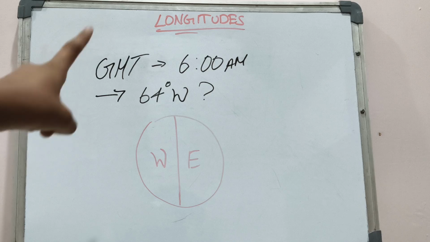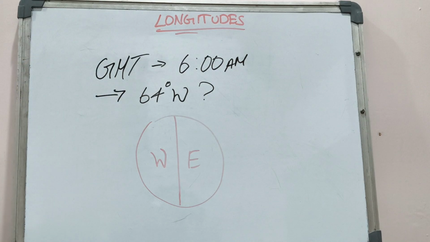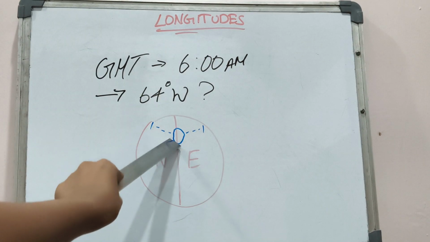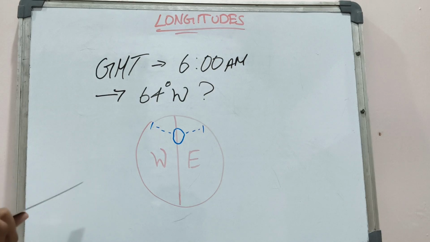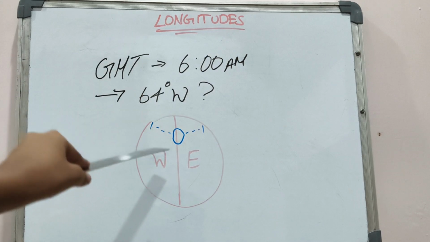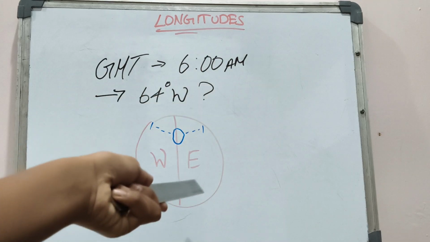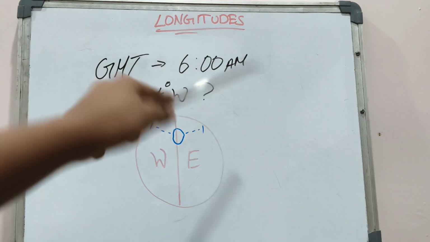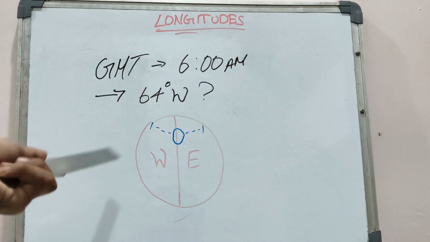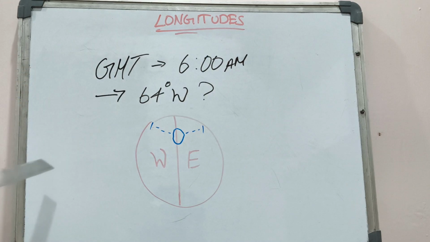Now we are calculating west, which means we have to subtract the time from the Greenwich Mean Time. Before, we did addition, which was for east, and now for west we have to subtract. East means ahead of the prime meridian, which is the GMT, so you have to add. West longitude is behind the prime meridian, so you have to subtract. That is the reason we subtract when calculating the time west of the GMT.